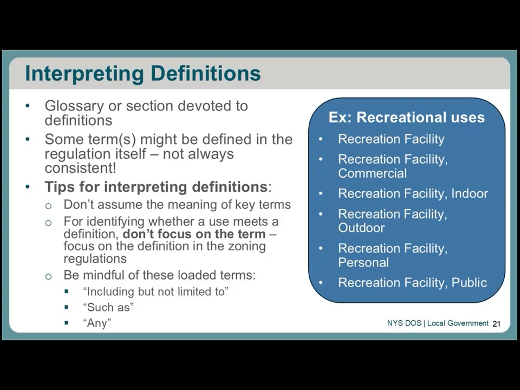we can use the recreational examples on the screen, what you would consider recreation. But you actually have to read the definition to see if it fits the activity that's proposed. Because in some instances, the term used may not fit the definition of the land use activity that's actually proposed. And you might need to look elsewhere, and it may pop up under some other definition, or it may not. And in that case, at least unless they get a variance, it's possible that that land use, whether it was intended or not, might not be allowed in that zoning.